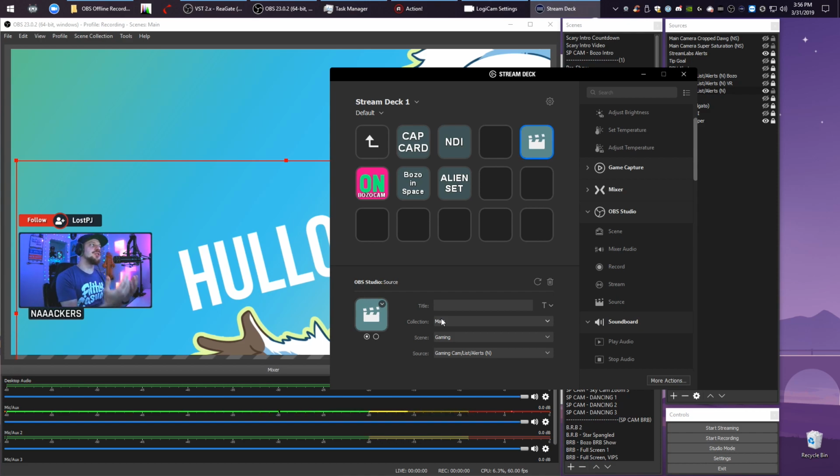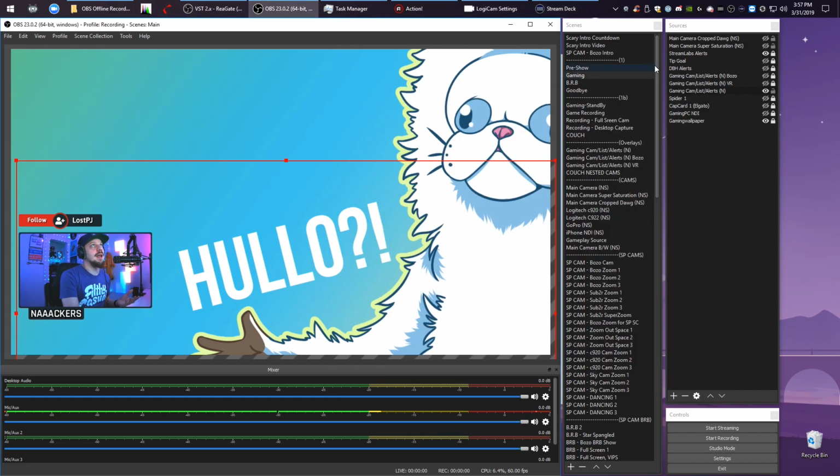So I'm not really sure how other people turn all of that stuff off. I don't know if they just switch to a scene that has just full screen gameplay and nothing else. Again, it just comes down to minimizing the amount of scenes that you have to switch to on a regular day-to-day basis. I know I say that when I have all of these scenes, but those are necessary. Like I said,